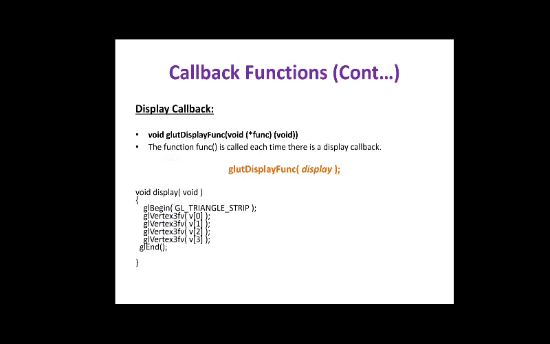So, now how do I write this function? I have mentioned void display, and no parameters I am passing over here. I will begin by saying that I want to draw a triangle strip, and for that I am mentioning the vertices. All of you know that the function for this is glVertex3fv, where 3 shows it is three dimensional, as opposed to 2 dimensional, f is floating point, and v is a pointer to this array. In this way I am mentioning this triangle strip. This display function is passed as a parameter to the display function of the utility toolkit. So, this is one example of display.